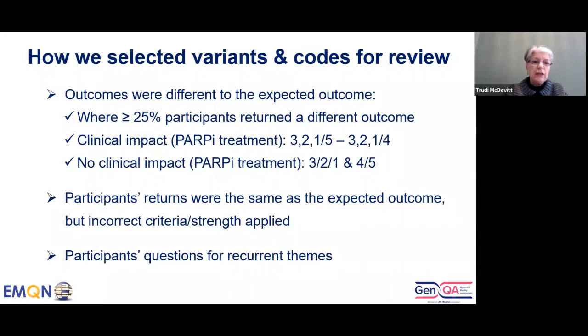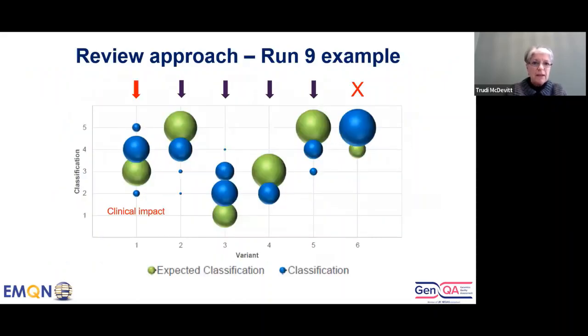We also looked to see where participant returns were the same as the expected outcome, but where the incorrect criteria or strength had been applied, and also reviewed participants' questions for recurrent themes that might indicate potential areas where there might be challenges. So next slide, please. So what we looked at was, as an example, in run 9, you can see